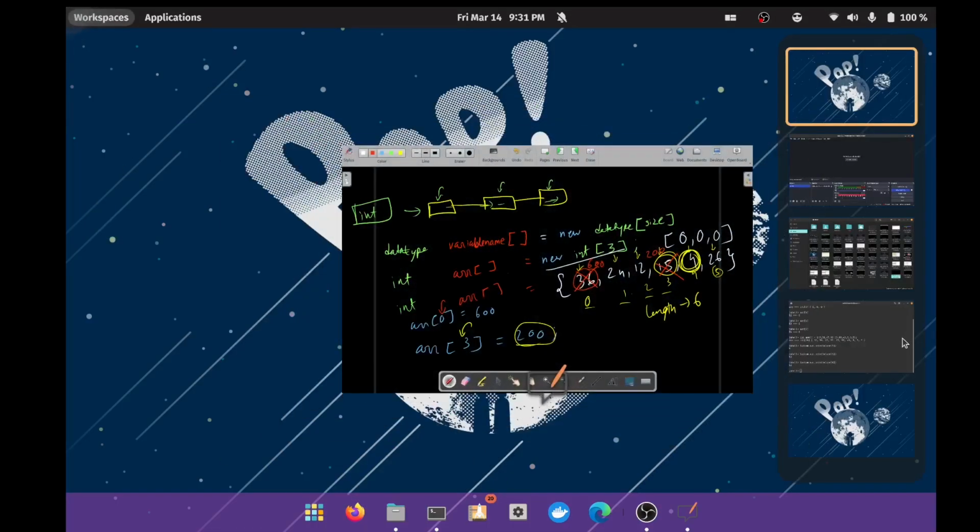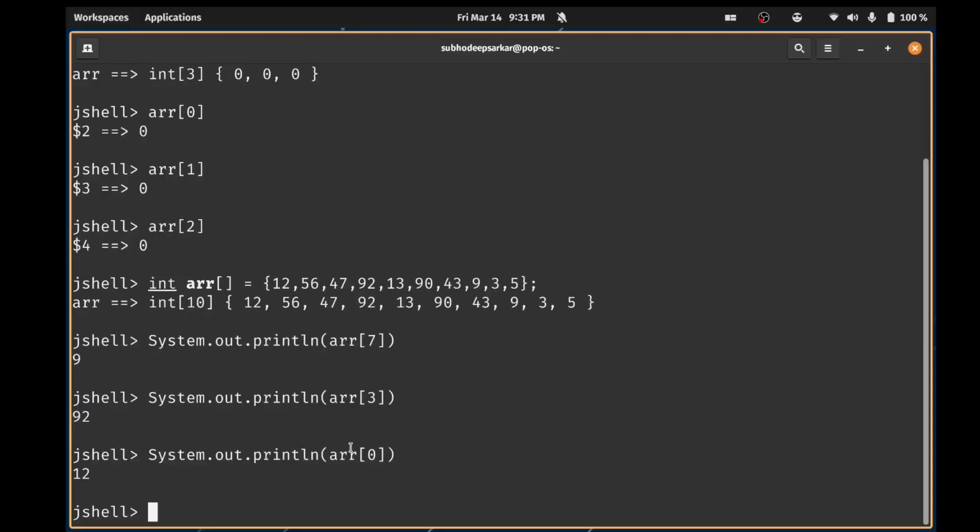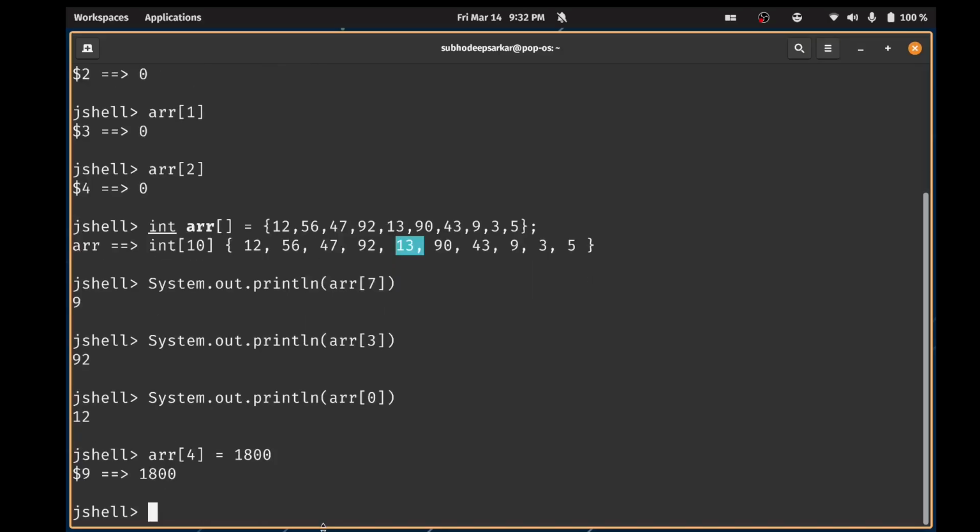So if I try to do this, let's go back again. I have this big huge array. Let's try doing this. Say I want to replace this 13 with 1800. What would I do? I have to find the index first. 0, 1, 2, 3, 4. So this is the 4th index. So I would say ARR 4 is equals to 1800, something like that. And now if you try to print the array,